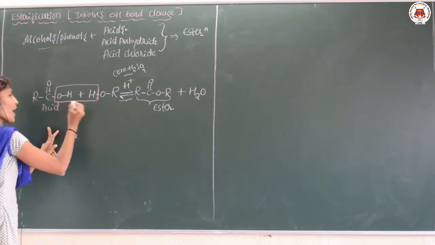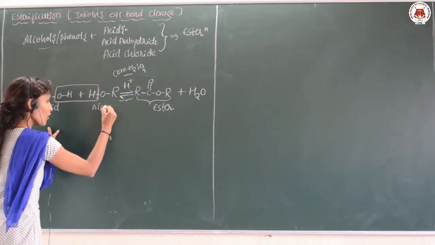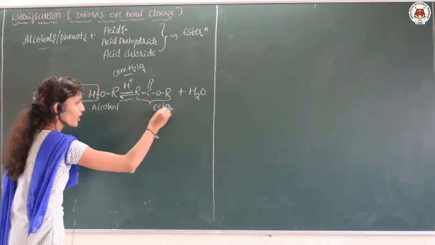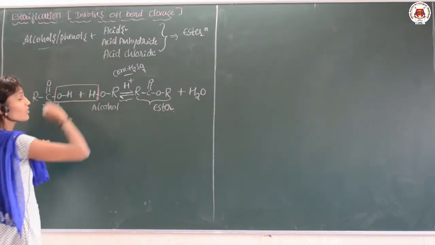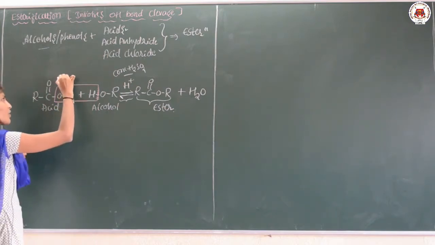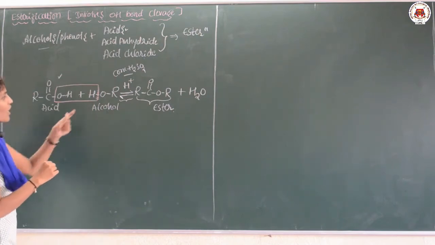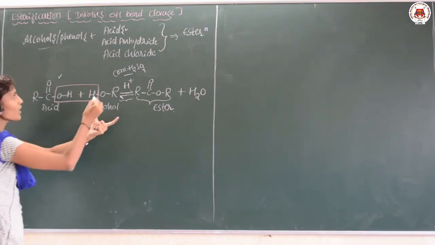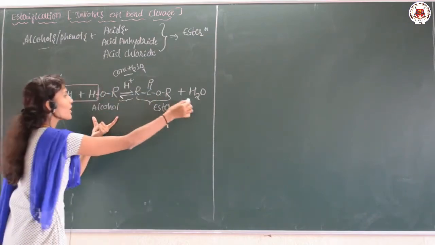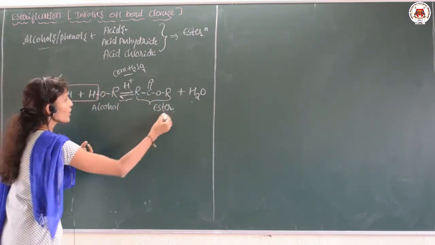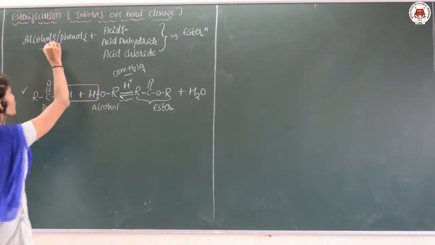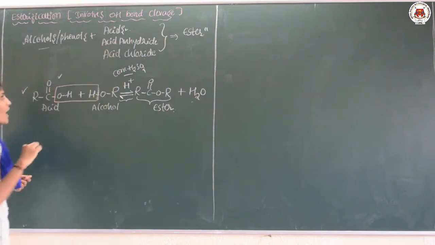So, whenever acid is treated with alcohol, there is a formation of the ester. It is called esterification. What is the acid? Particularly we are taking carboxylic acid, treated with alcohol. Here the OH bond is broken, meaning the water molecule is eliminated, and ester is formed. So, this is the first reaction where the alcohol reacts with the acid.